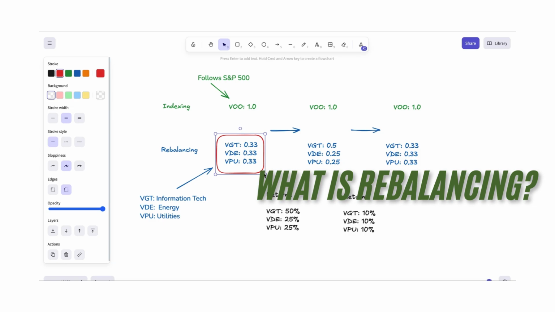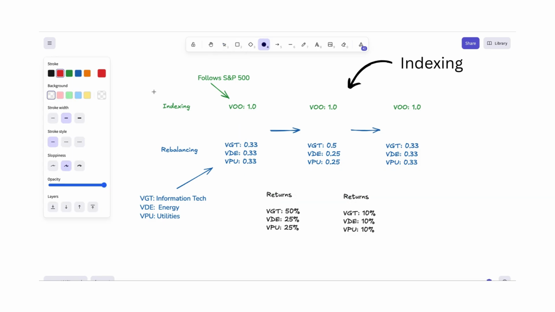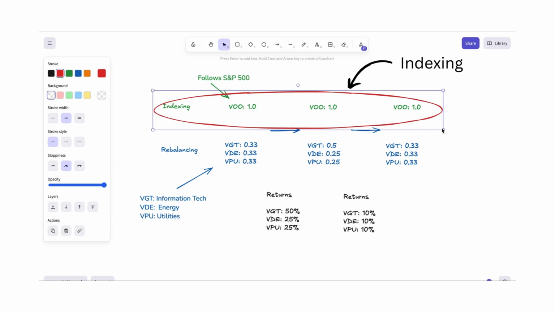This is different from indexing. The simplest method of investing is indexing. It cannot get any simpler than indexing. When you are indexing, you are holding an ETF which basically follows the S&P 500. In this case, I'm holding VOO, which is the Vanguard ETF that follows the S&P 500. And then you simply do nothing. You just lazily sit around and let the